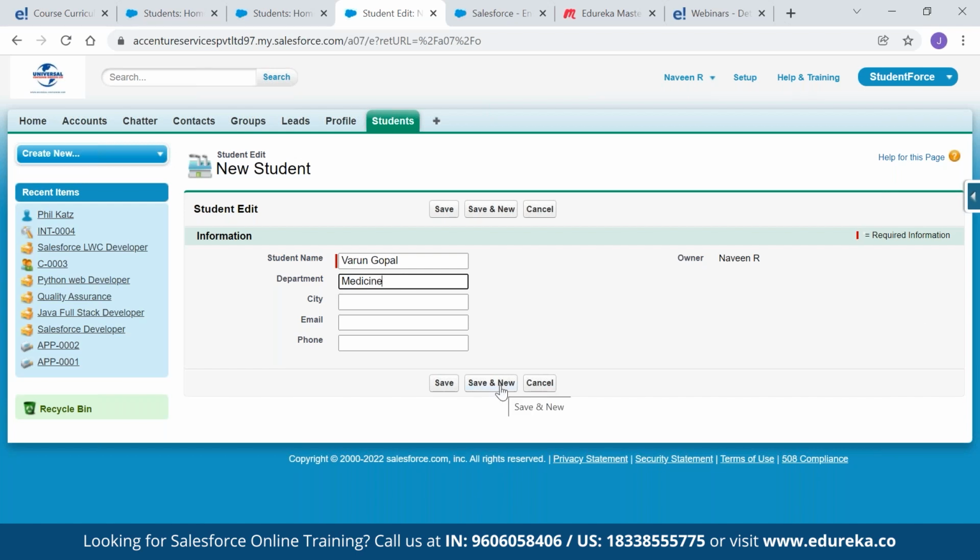Then I provide the city as New York, then the email, and the phone number, some random number. I click on save.